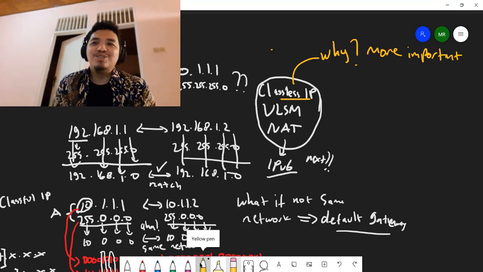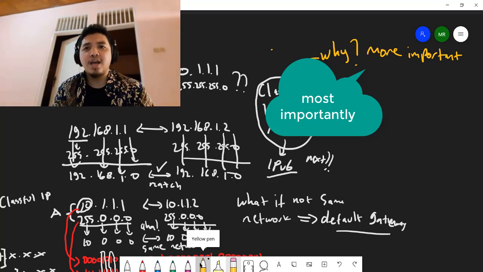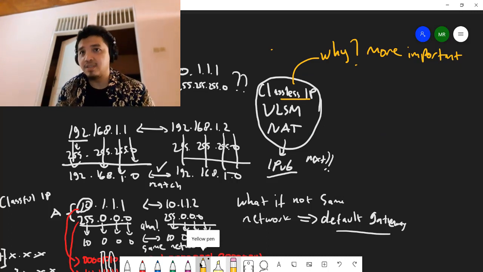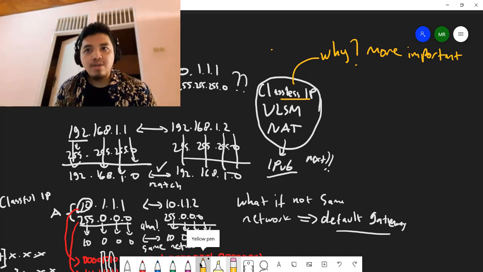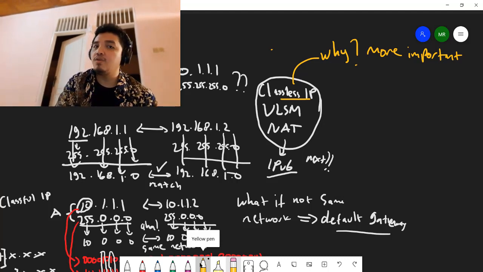Now let's continue from the point we left. We dive deeper into subnet mask and how it can change the course of the game. I mean, it has the power that can change whether one IP can join a particular network or not.